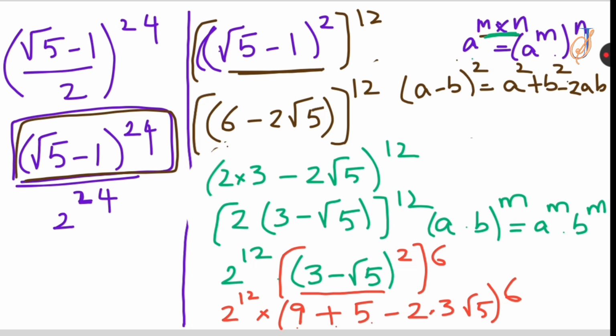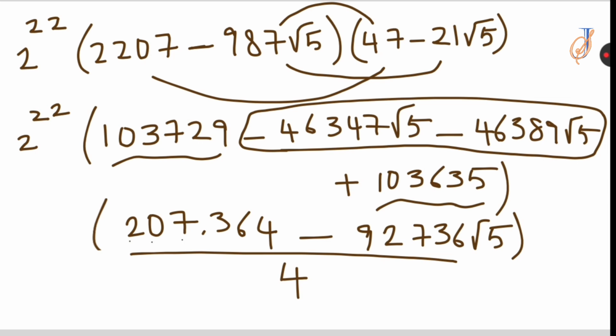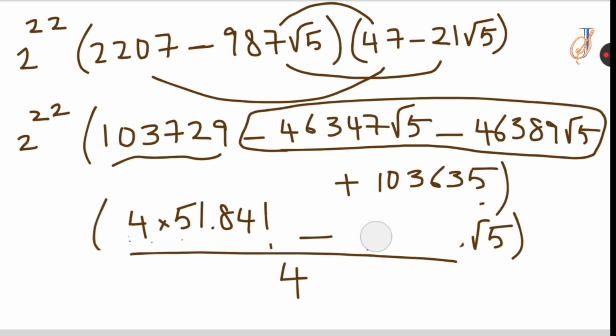Still we have the denominator, which we had, 2 raised to the power of 24. After cancelling this and this, then you will get only 2 raised to the power of 2, which is 4. So this 207,364, if you write in terms of 4, which is 4 times 51,841, and even this 92,736 also, that is 4 times 23,184. Here 4 and here 4, you take it as common. Then numerator 4, denominator 4 gets cancelled. So you are left with only